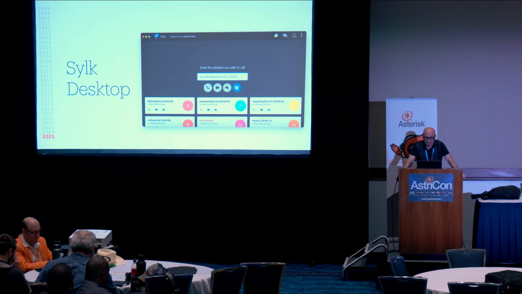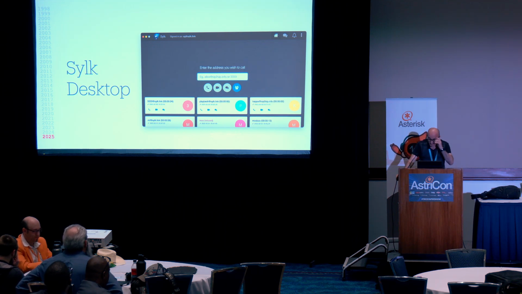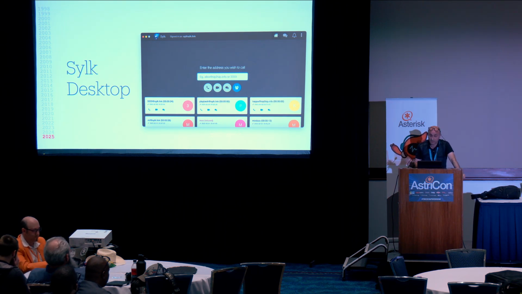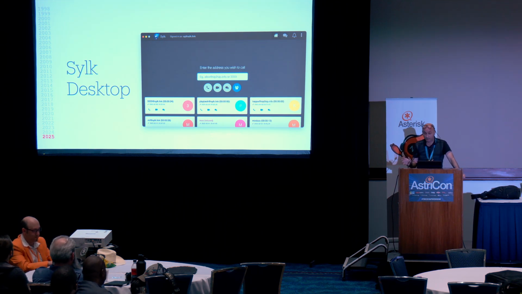This is, how can I put it? I had to write it down. It is a web page containing JavaScript embedded into an Electron sandwich exhibiting a SIP interface through a Janus media server proxied by a software written in Python called Silk server. So do I have any excuse for this? Well, let's check it out.